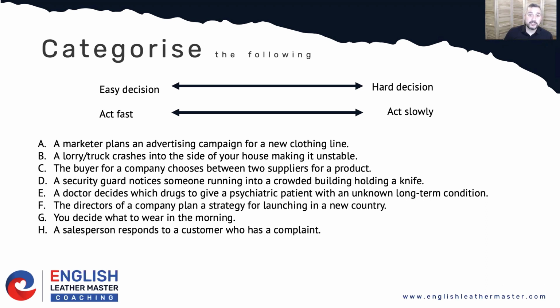Now, if you're watching this live, I have sent you a pre-work and I'm hoping that you've done it. If you're watching this on YouTube, on the replay, then it may be the moment to just stop the video after I explain what this is all about and do this, because we're going to use each of those examples going forwards. So what I've asked people to do is to take each of those 8 situations and decide whether it would be very easy to make a decision about what to do, or very hard, or in between, and which ones you have to act really fast and which ones you act much slower, and put them on a continuum. So if you're on YouTube, pause the video now, and if you can put those on those 2 continuums.